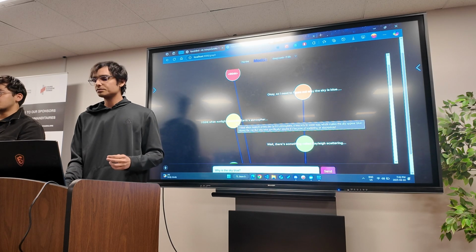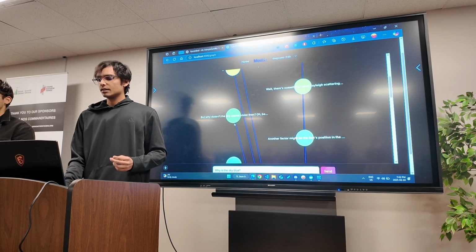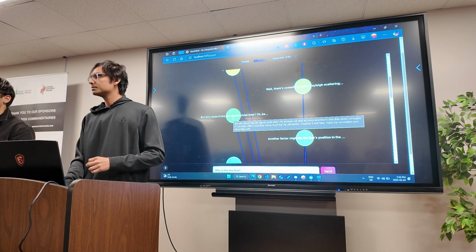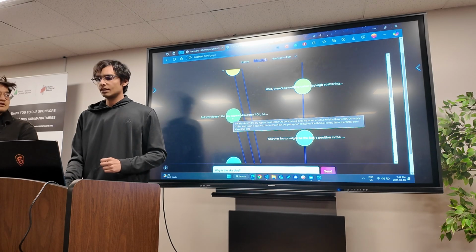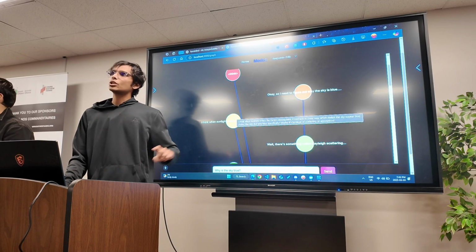Then it goes from very general reasoning to more narrow reasoning, like what you're actually asking the model to do, and then the very last node should be more specific. And to each question node or theory,